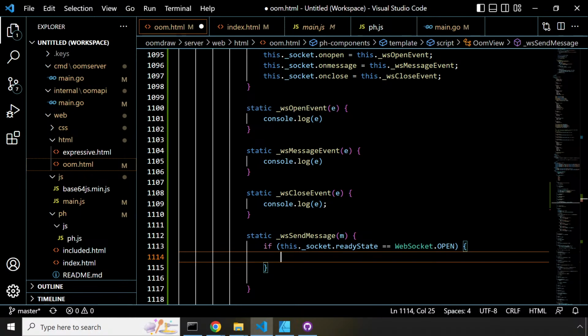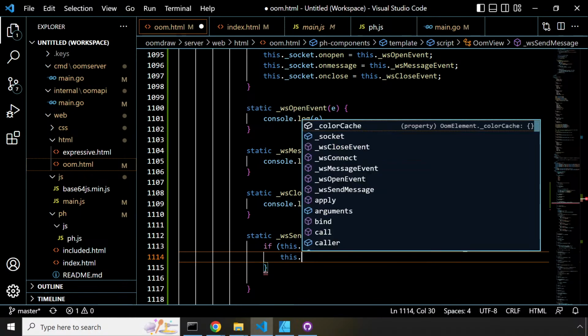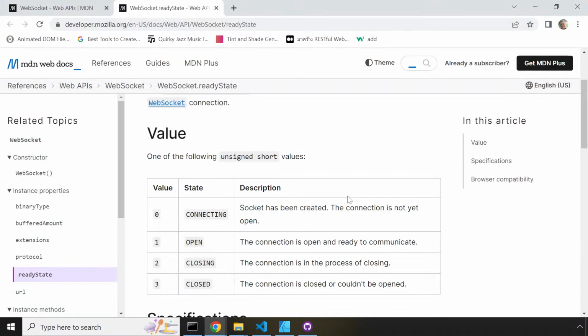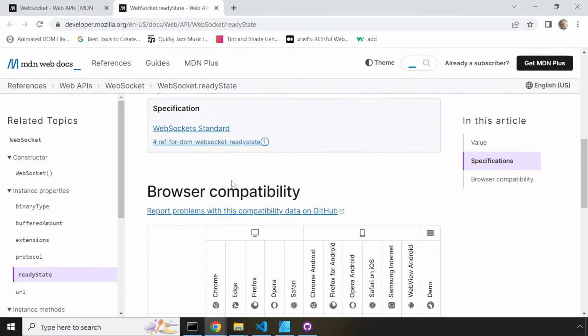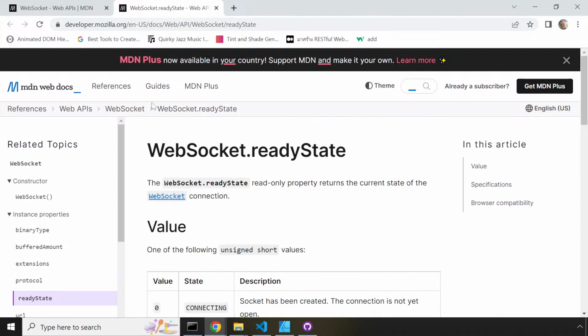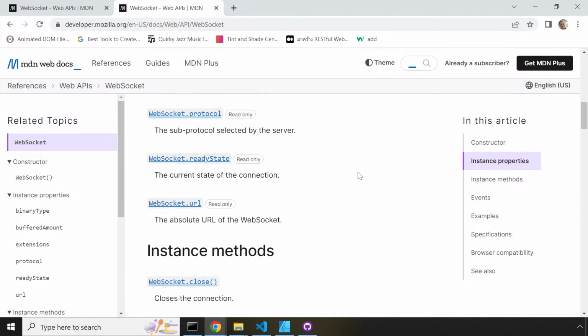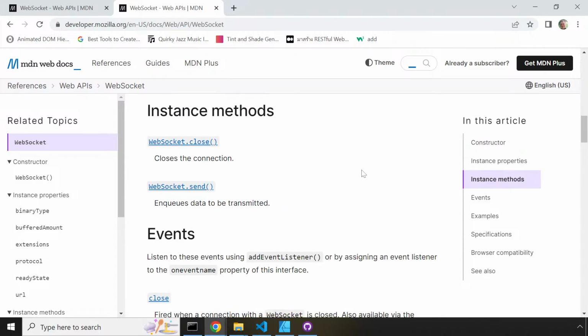If WebSocket is open, then we just send it immediately. this.socket.send